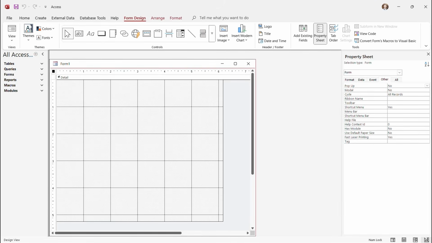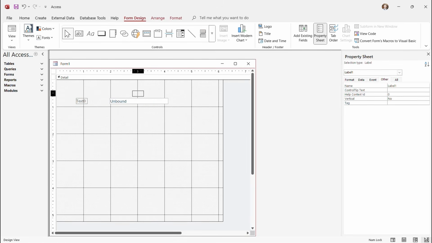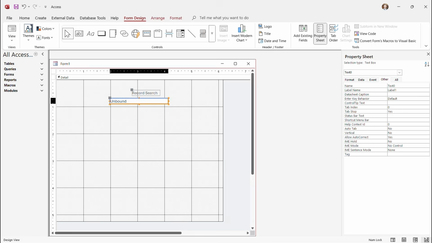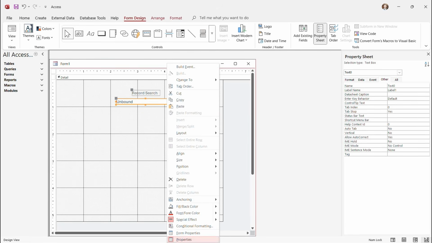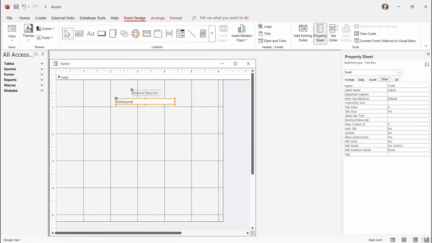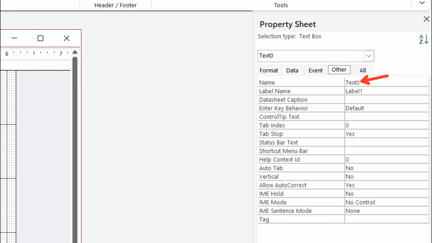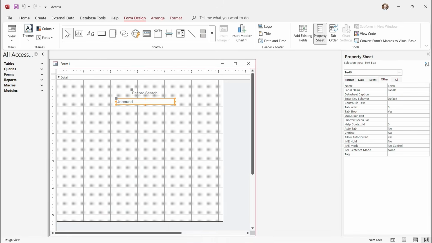And the first thing we'll add in is a text box. Since this will be our search, we're going to label it, and let's just call it record search. And I also want to be sure that I name the text box itself. We can name it by going over to the property sheet. If it's not up, you can always turn that on by clicking property sheet, or right-click on the unbound text box and click on properties. And in the other tab, this is where we're going to name it. Instead of it being called text 0, we're going to call it